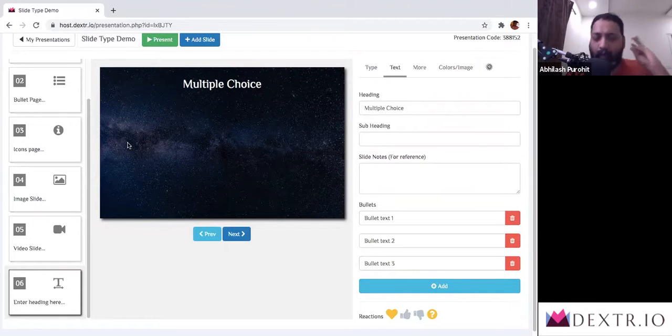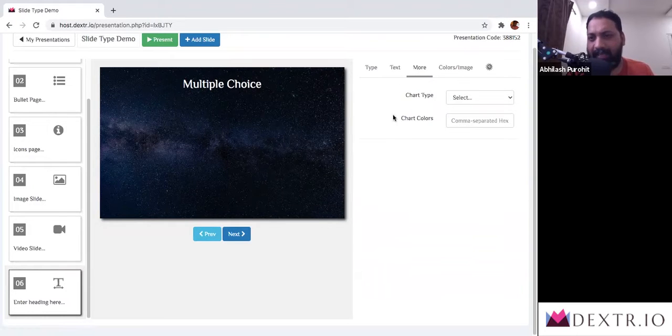That's because one more small step needs to be done before a multiple choice option starts working. I have an option wherein I can click on more, and in here you will see suddenly that there are two options. Up to this point there was nothing in it, therefore I did not show it. But because I've now selected a multiple choice option, you have a chart type to select from. Once I click on that option, I'm going to see either a column chart or a pie chart. I'm going to show you two versions of both of them.